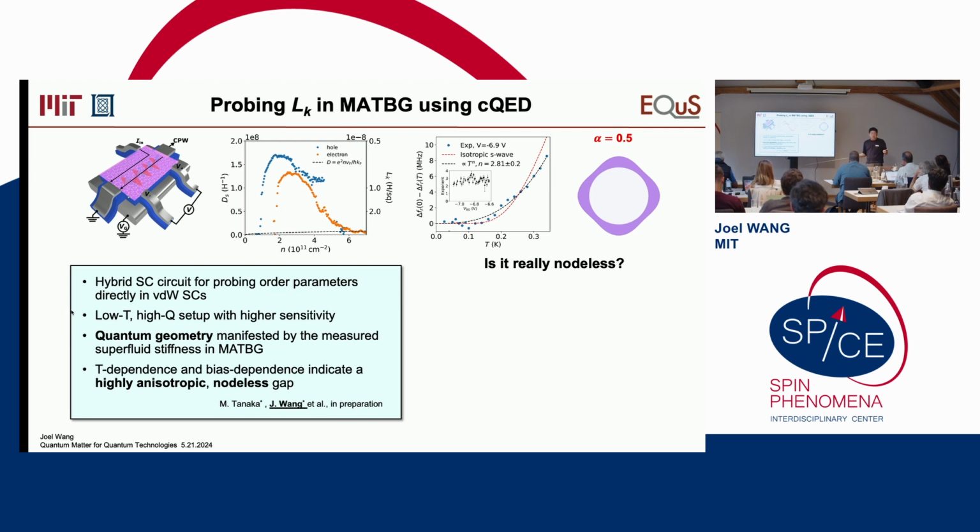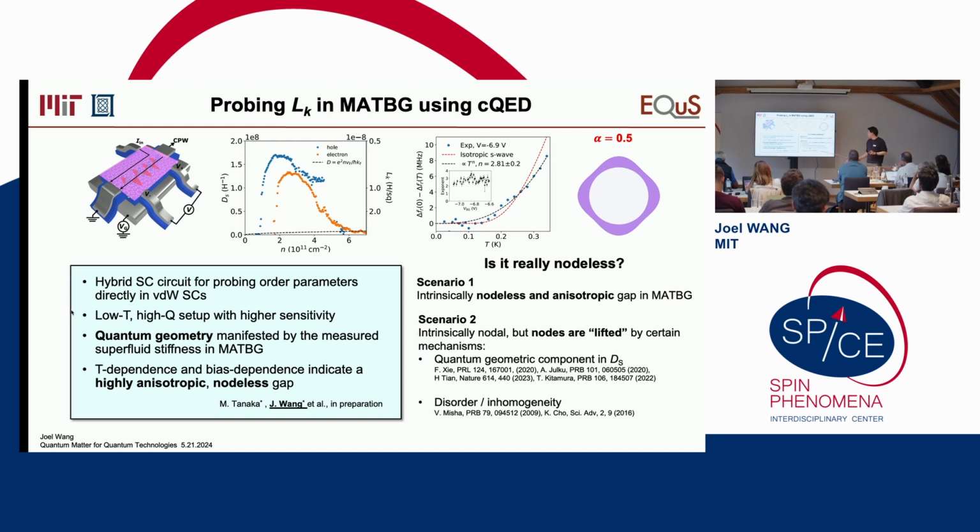Because we know the STM or some other experiments show a nodal type of superconductor. So we need to ask ourselves, is it really nodeless? Okay? So there are two scenarios that we can consider. First one, it is indeed a nodeless and isotropic gap. End of story. Second scenario,